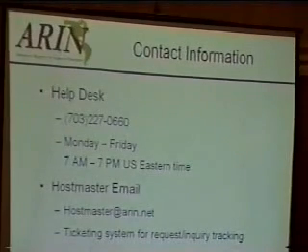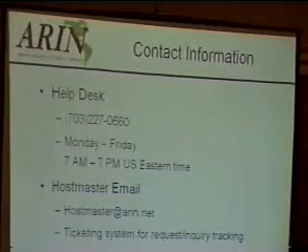Hostmaster email. You can send any type of question you want about registration related activity to hostmaster@arin.net. Someone will read your email and will give you a response. We'll answer your question. And any email that you do send to hostmaster@arin.net, we have a ticketing system for request/inquiry tracking. So you'll get a ticket number with every email that you send to hostmaster@arin.net, and we can track that